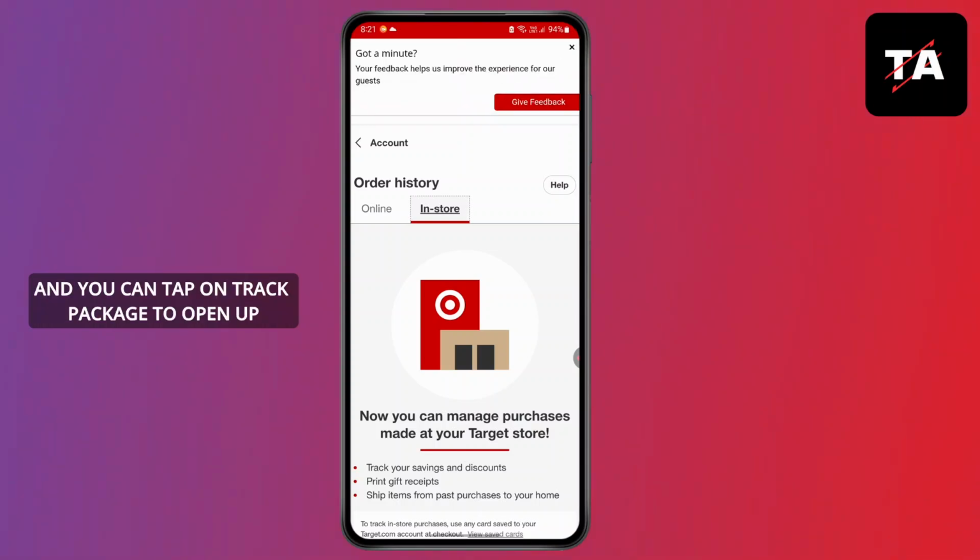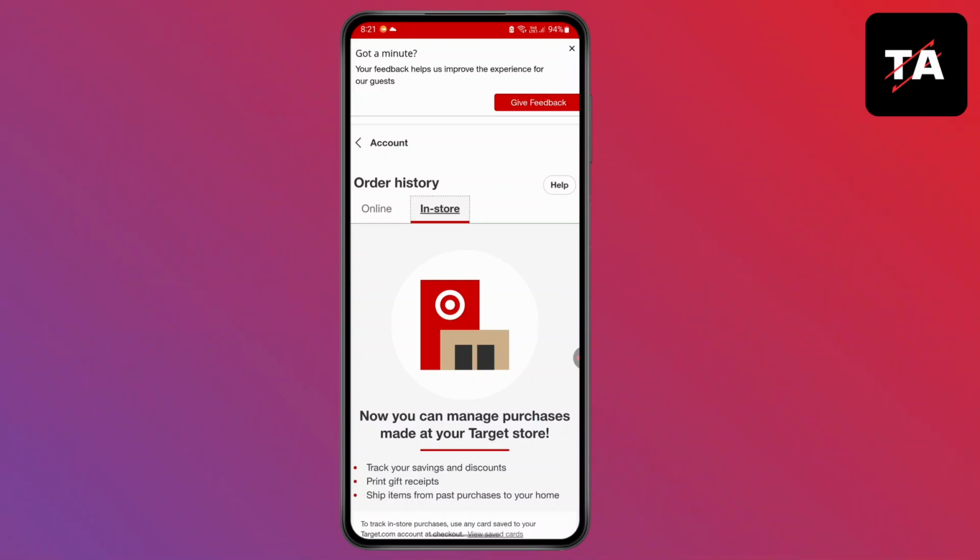And you can tap on track package to open up the real-time updates from the shipping carrier and just go over and follow it up. And that way, you should be able to track your Target order in the